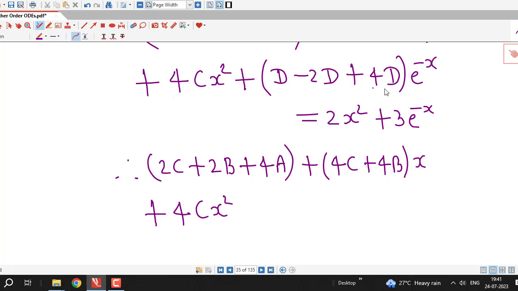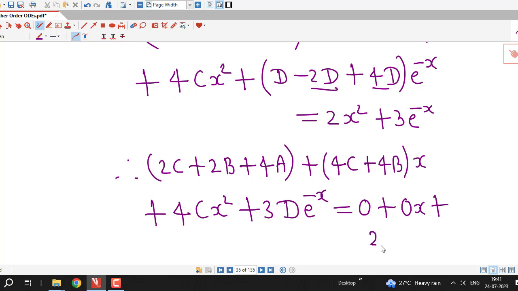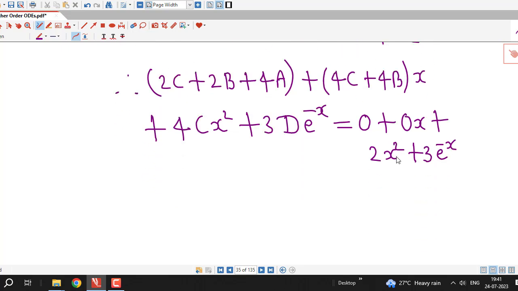Here I have 4d minus 2d, that is 2d plus d, that means 3d e raised to minus x. And here I can write in this way, 0 plus 0 into x plus 2 into x square plus 3 into e raised to minus x. And because we have this identity, that is left hand side and right hand side are equal,